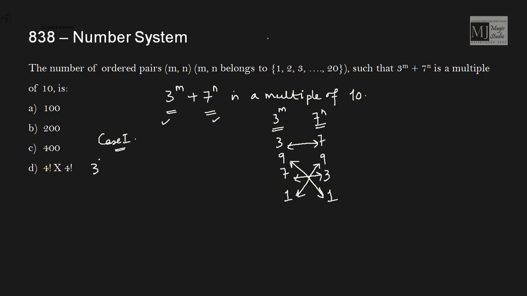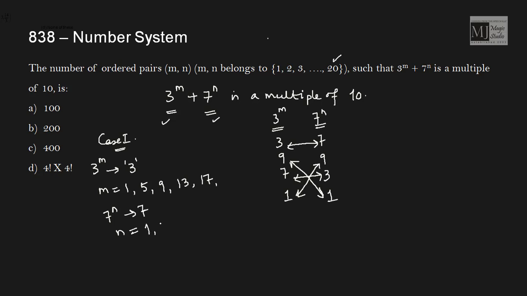Case 1. The last digit of 3 to the power m should be 3. We should get 3. Now how can we get a 3? When m is equal to 1. Now 3 will occur after every 4 powers. So when m is 5, the last digit would be 3. When m is 9, the last digit is 3. For 13 it is 3. For 17 it is 3. For 21 it is 3, but there is no 21. So we need to stop here. Similarly, in case of 7, 7 to the power n should give us 7. That means n should be equal to what?